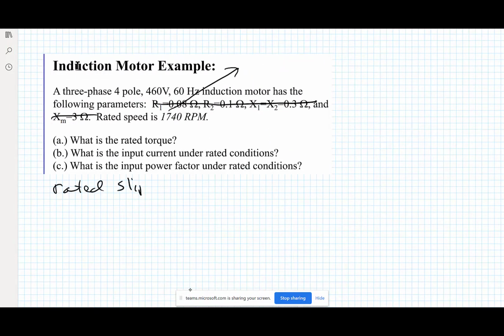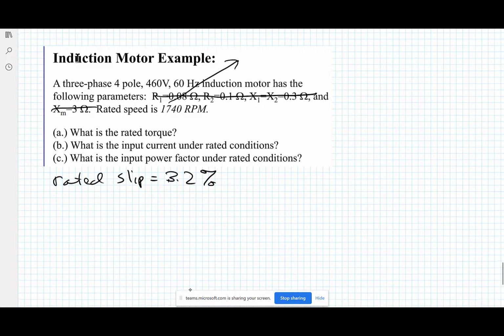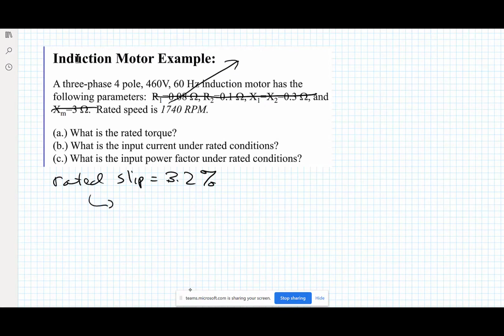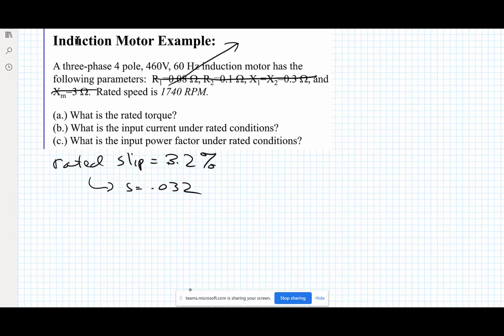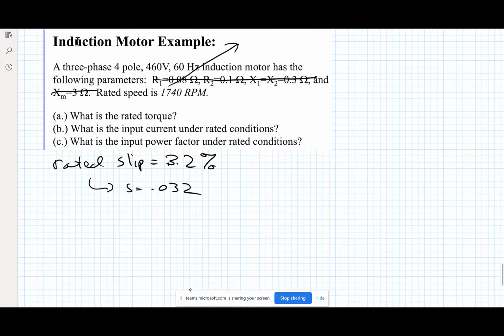I'm going to give it to you as 3.2% rated slip. So that's the same as saying S equals 0.032. And I want to ask you what is